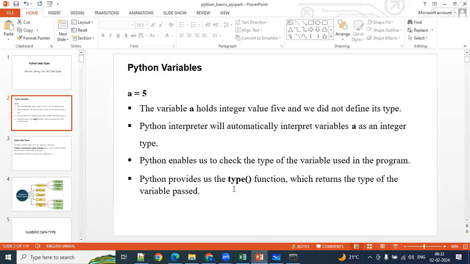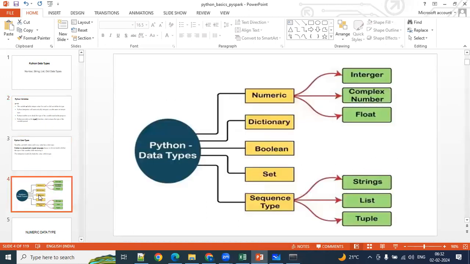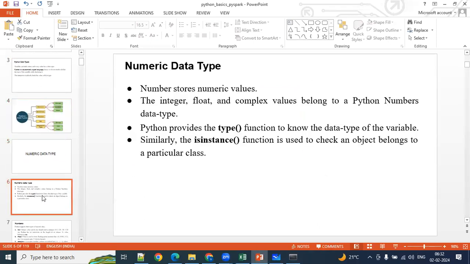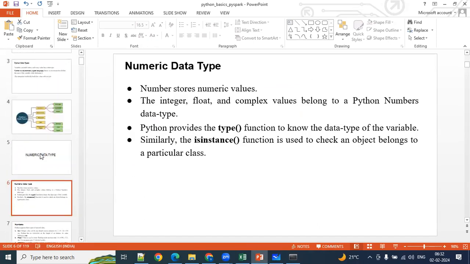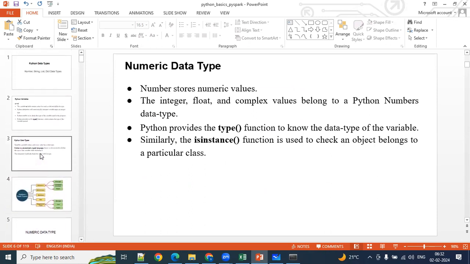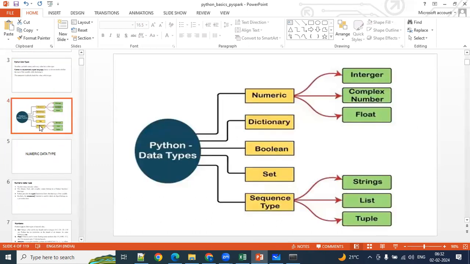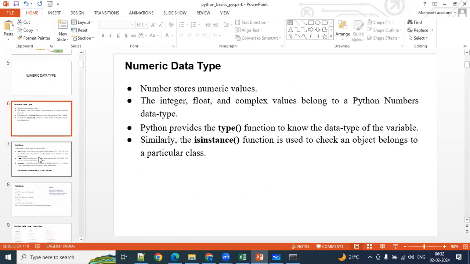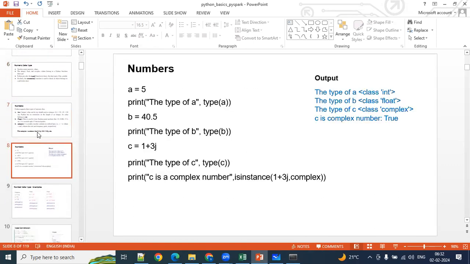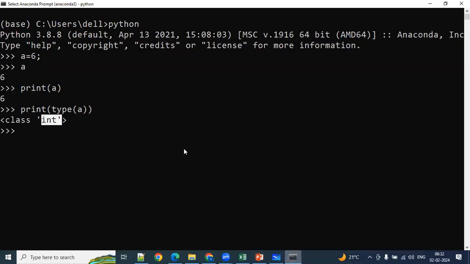That's what I mentioned here. I told you, right, in the backend it is going to use some memory location to store this particular value.